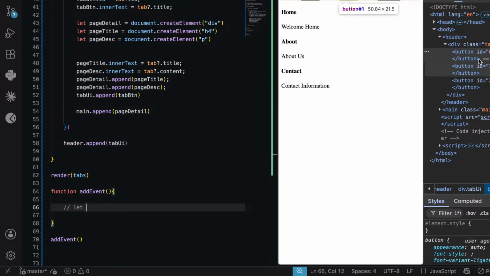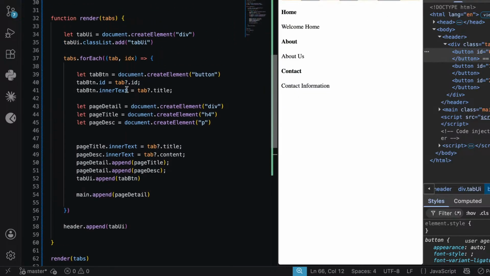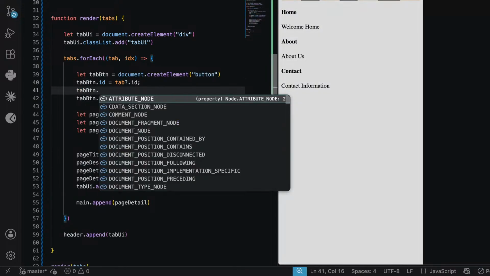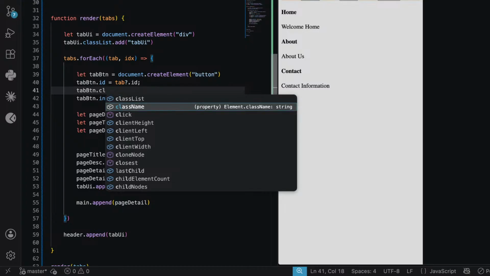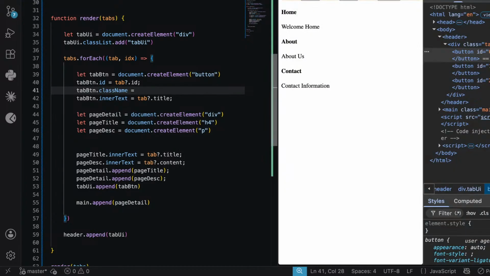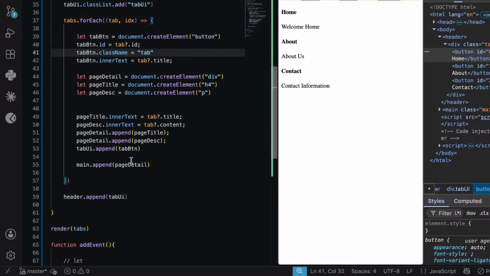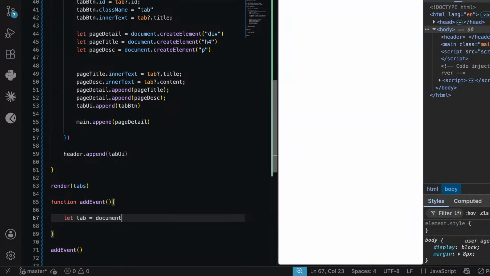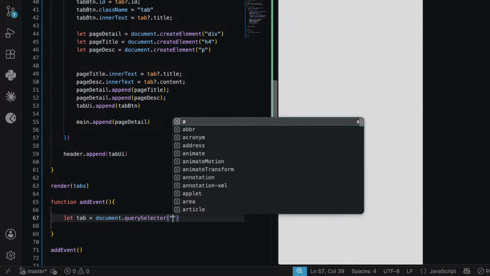Are we calling the same thing? FAQ, no. Let's have a class also. Tab button dot class name equals tab. We are having the added tab here also. So what we are going to do is let tab equals document dot query selector